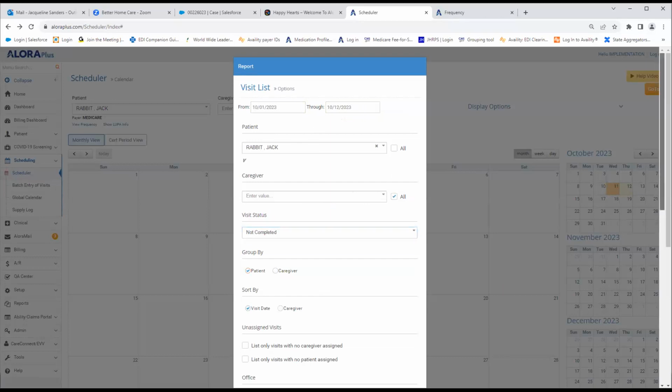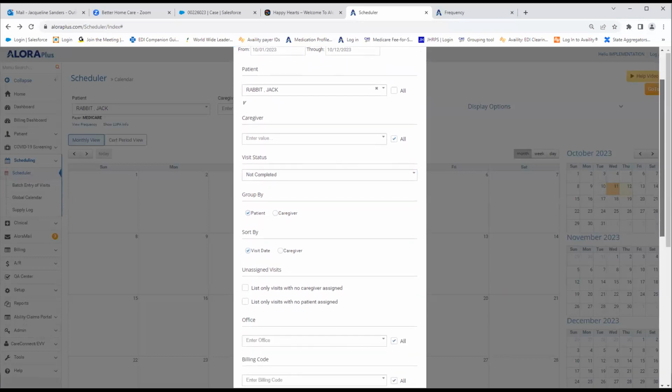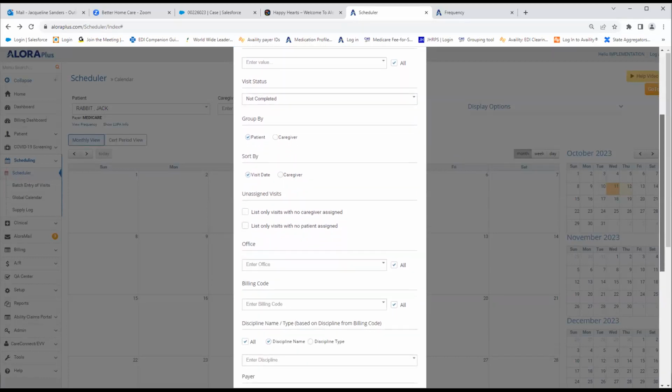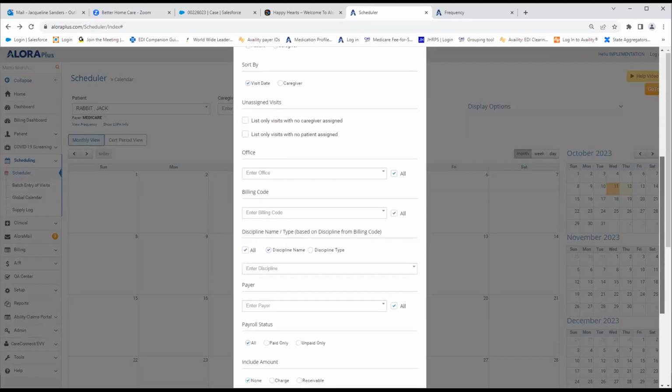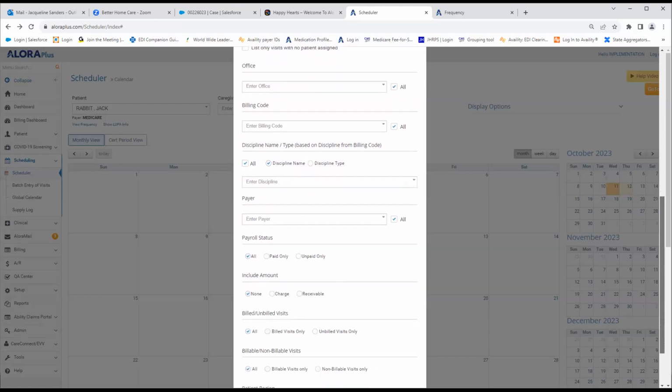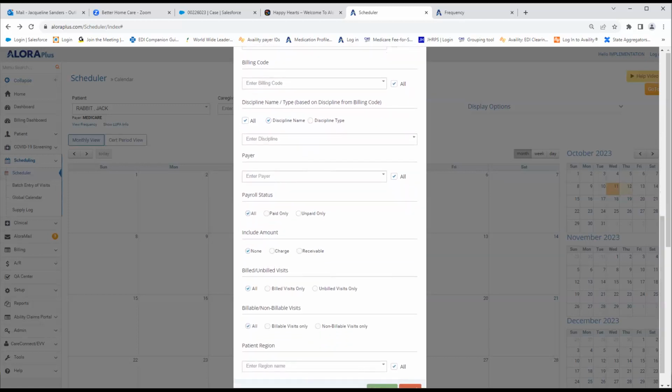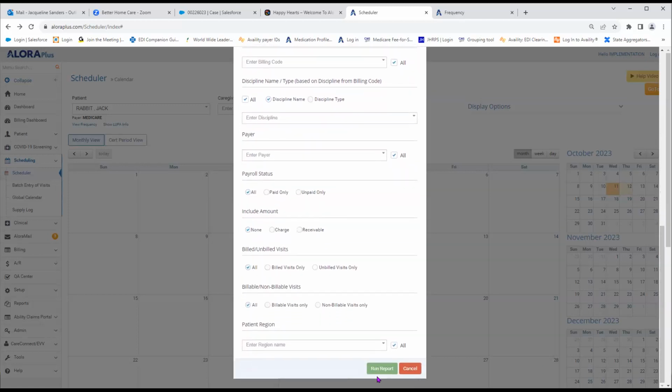There are lots of ways that you can customize this report as well. I won't bore you with all of these, guys. I'll just run the report to show you what it looks like. Once we hit run report,